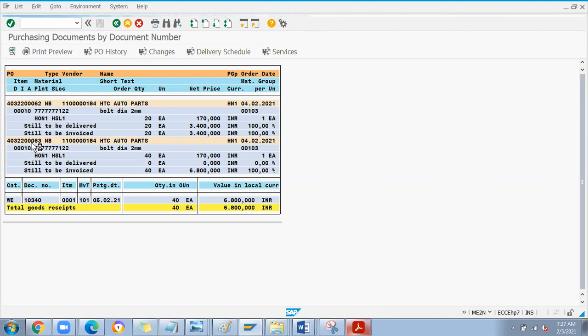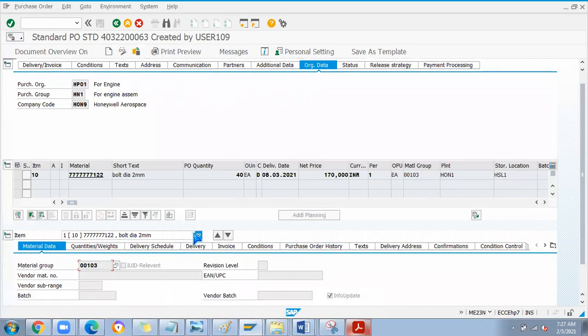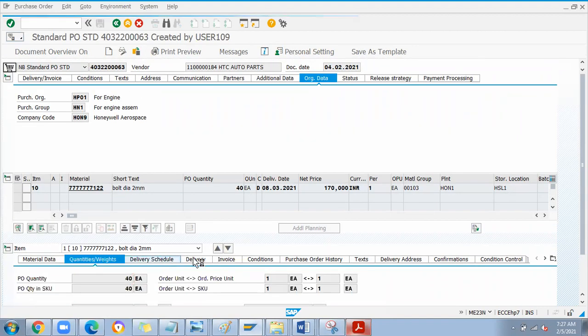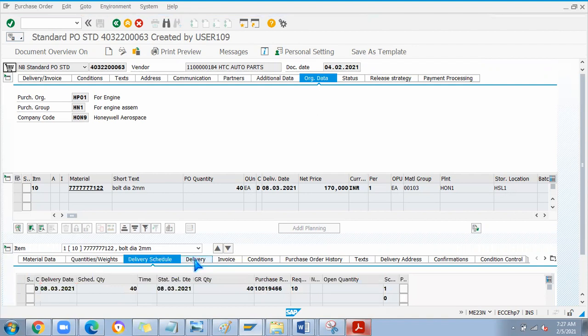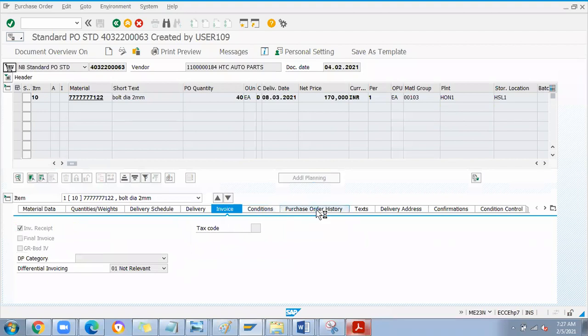Okay, how do we check whether it is manually created or an automatic one? Okay, so here... Just a minute, it is taking a little more time.